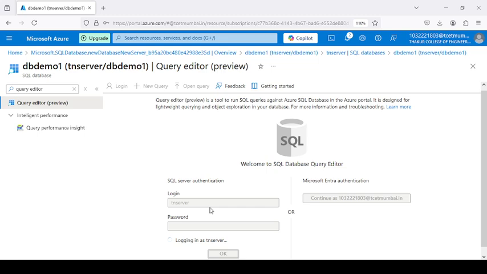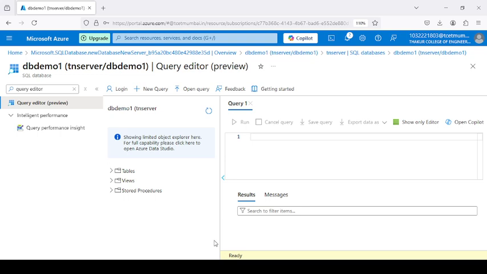So after entering the login name and password, it will log into your server. Once that is done successfully, it will show the query editor, and in that query editor you have to perform your CRUD operations. So first of all, for creating a database, I am entering the command